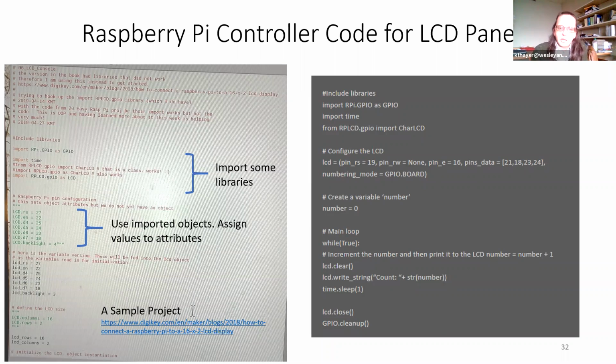So we have our main loop here. We have while true, so you understand what that means now. You're going to increment the number and then print it to the LCD number. So what this one is going to do is count up to a particular number and basically show that counting going on the LCD screen. So you could just do the opposite, and you could have a countdown on the LCD screen. And here we are actually writing to the LCD screen. So you see this is